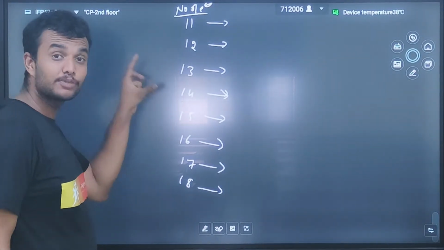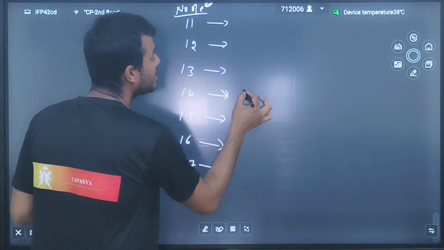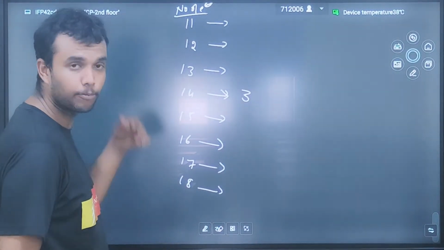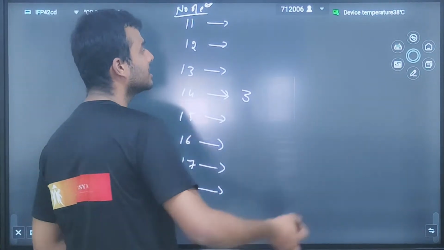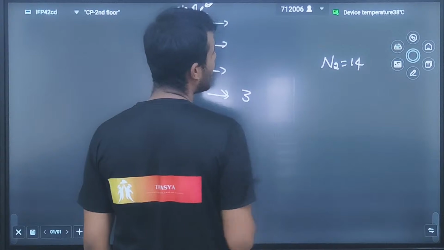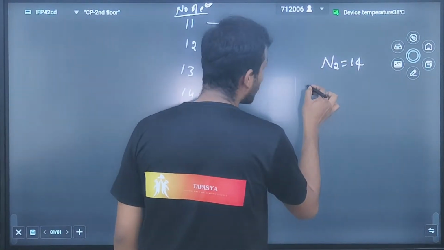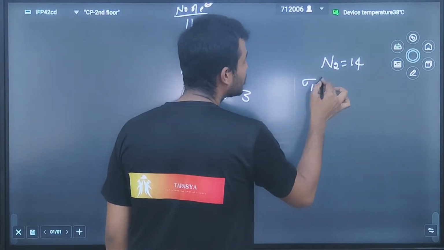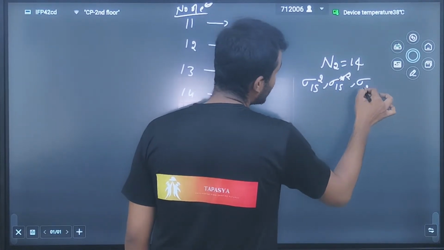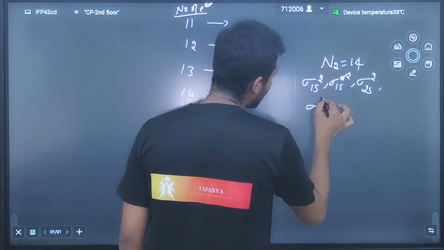If it contains 14 electrons, then I will present the bond order. For example, can we take any example to prove that? Which one can we consider? N2. N2 means 14. What is the electronic configuration according to MO theory? Sigma 1s 2, sigma 1s star 2, sigma 2s 2, sigma star 2s 2,